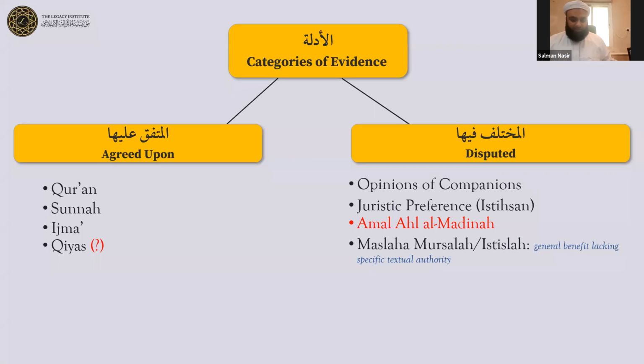So if we think of istihsan as departure from qiyas, this is now something that is narrower than the first definition of istihsan that we mentioned, which is simply udul and dalil, which is departure from one evidence to another. Here we're speaking specifically of a departure from qiyas. And we can't really get into this issue because it's beyond the scope of our purpose here in this class. But